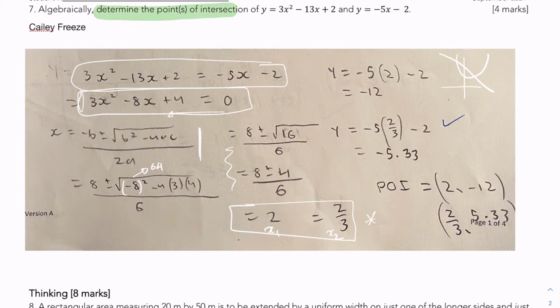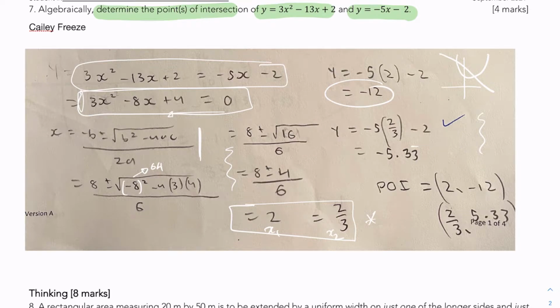Now if I had to choose between the quadratic and the linear, as Cailey did by the way, I would choose the easier of the 2. So the linear equation is a lot simpler to calculate with. So by plugging in the x values into there, we get our y values of -12 for 2 and -5.33, repeating really, for